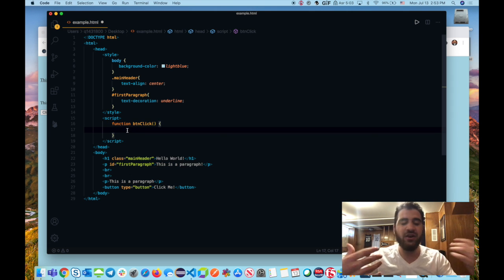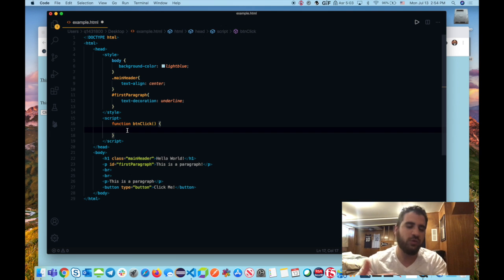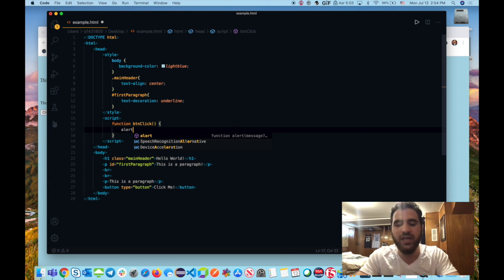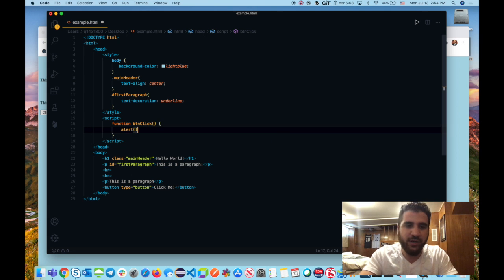So now we're going to add our function, and this function, we're not going to write any fancy crazy code. We'll leave that for future episodes. For today, we're going to use another function that JavaScript provides natively out of the box. They give us this function, they coded it, right? It's called alert. So we're going to call the function alert, and we're going to put the parentheses again, and then inside the parentheses we're going to put quotation, and then we're going to put hi, for example, and then